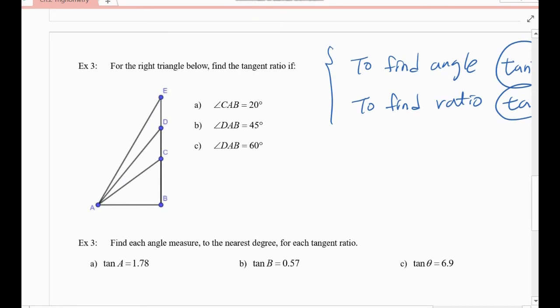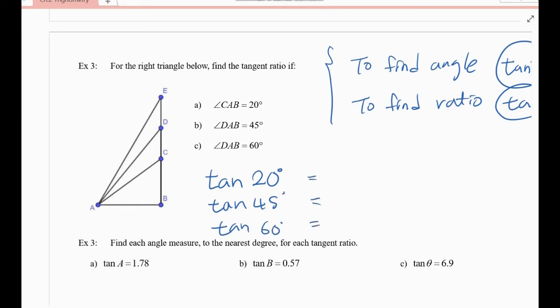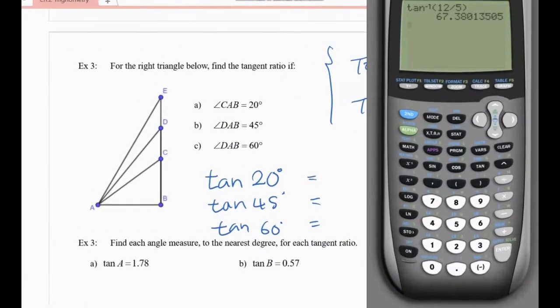Okay, number 3. For the right triangle below, find the tangent ratio. So now we're going to find the tangent ratio. In that case, we use regular tangent. Tangent 20, tangent 45, tangent 60. So using your calculator, get out your calculator, and I want you to try